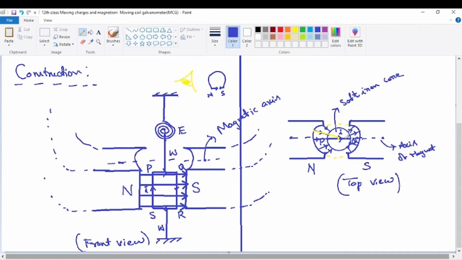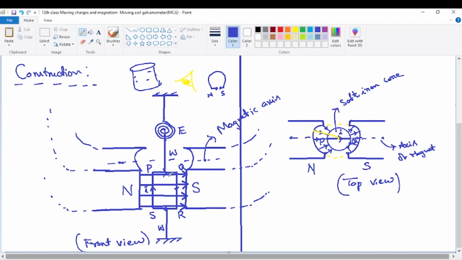Now the soft iron cylindrical core, when seen from the top, the cross section of the soft iron cylindrical core looks like this. See here, the soft iron core is actually in the form of a cylinder. The top cross section, or bottom, or any cross section in between, will always be circular. So this is how the top cross section of the soft iron cylindrical core looks. Current is flowing, it can be seen in the breadth PQ from P to Q. This is the entire plane of the coil, the rectangular plane, and when seen from the top, it will be completely hidden below the breadth PQ.